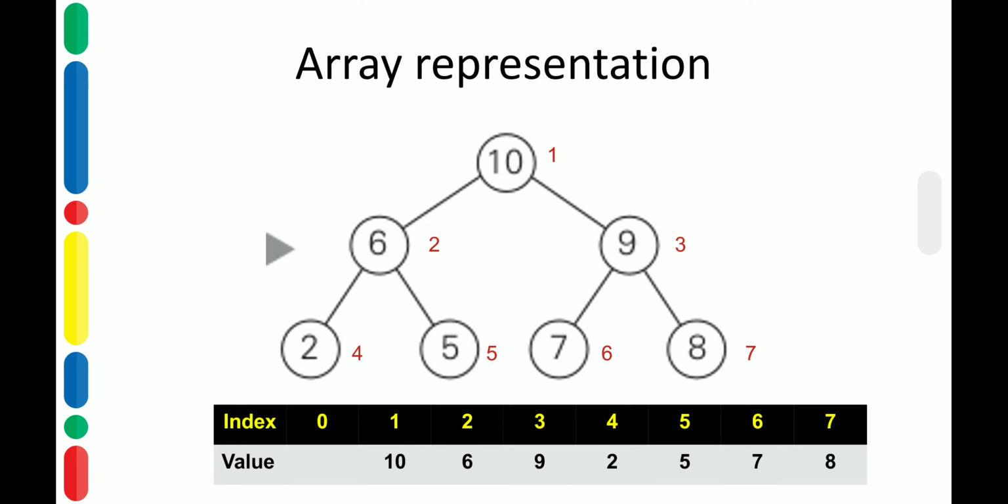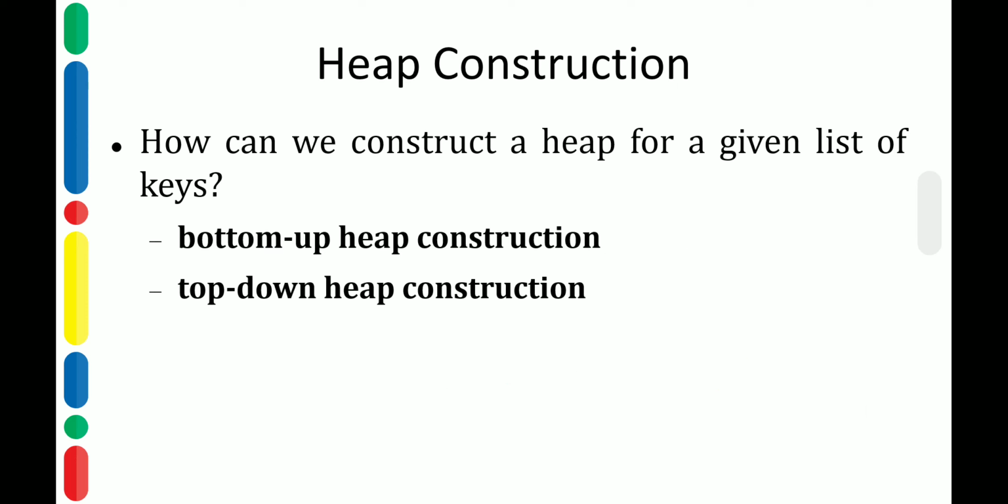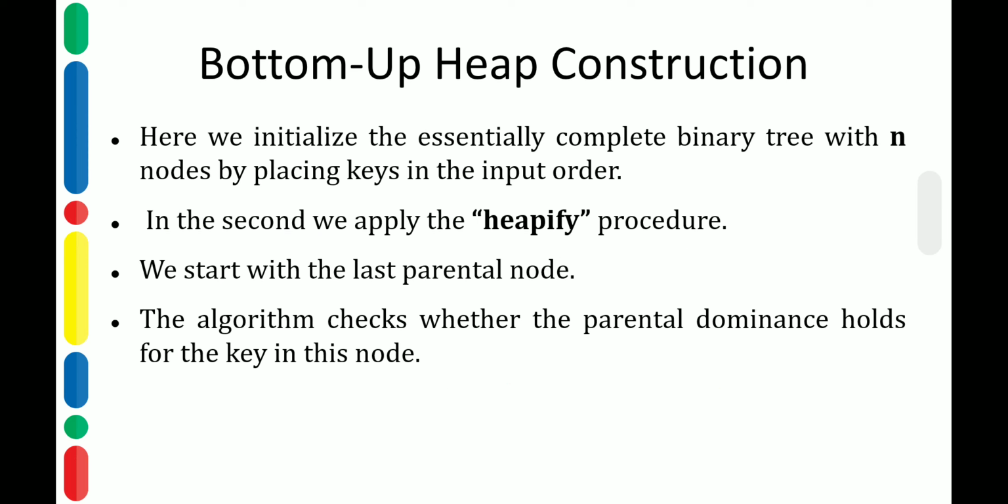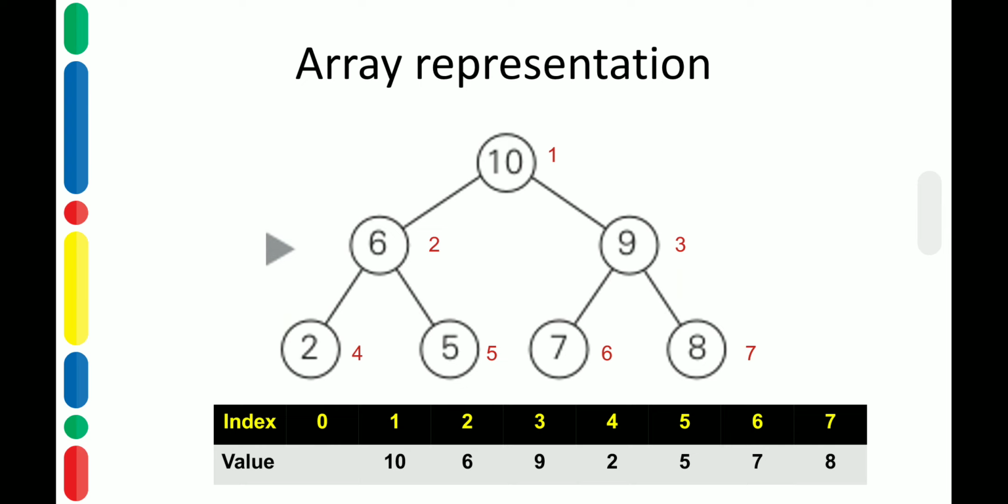So this is the array representation. See, purposefully we have left the index 0 empty so that things become simpler. If you have n nodes and you are talking about 1 to n notations, then this kind of representation is simple. Okay, the graph given in the diagram can be stored into the array in the form 10, 6, 9, 2, 5, 7, 8. You have to move from top to bottom, and in each line you have to move from left to right. Okay, so this decides the value.